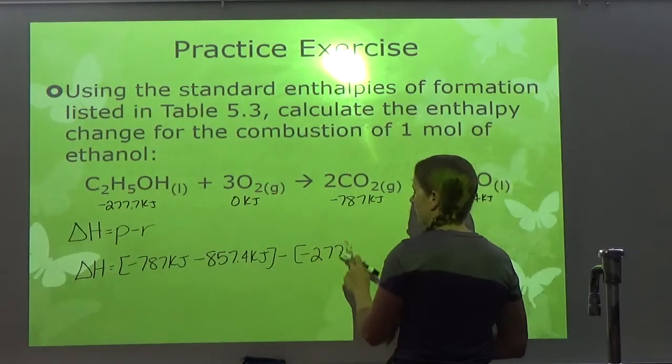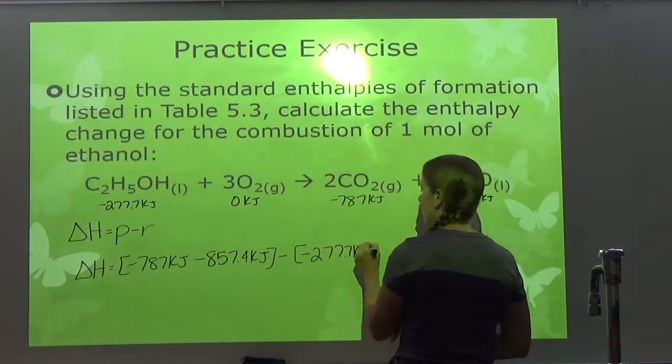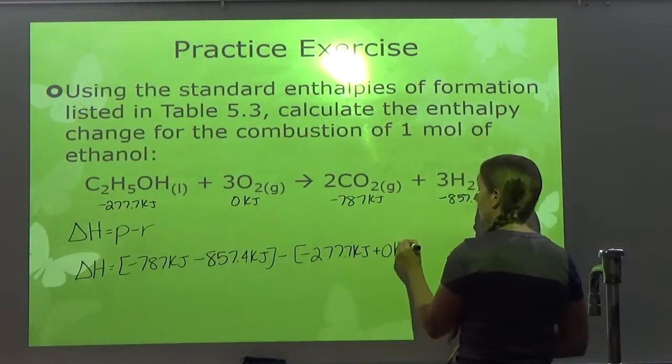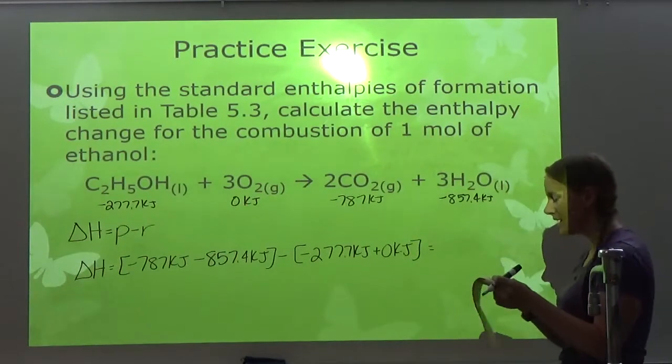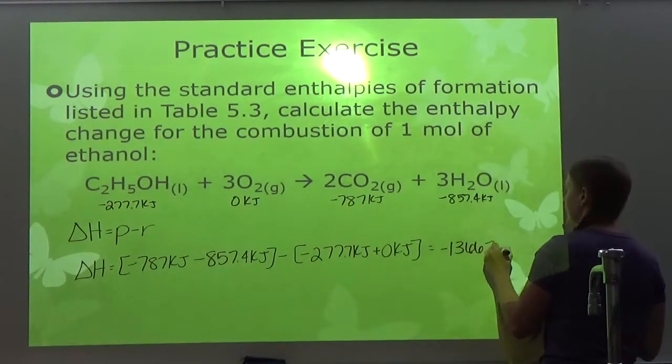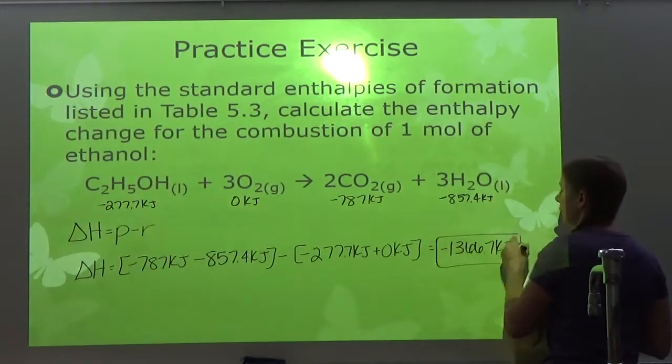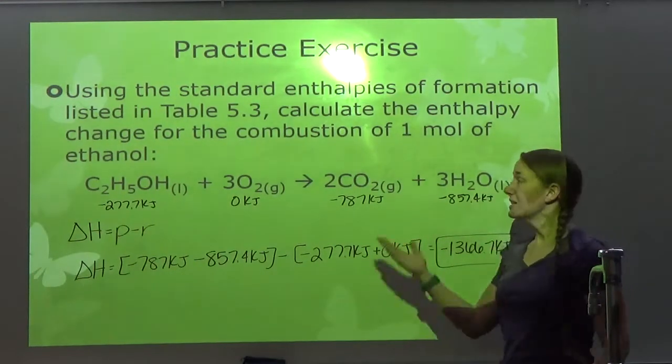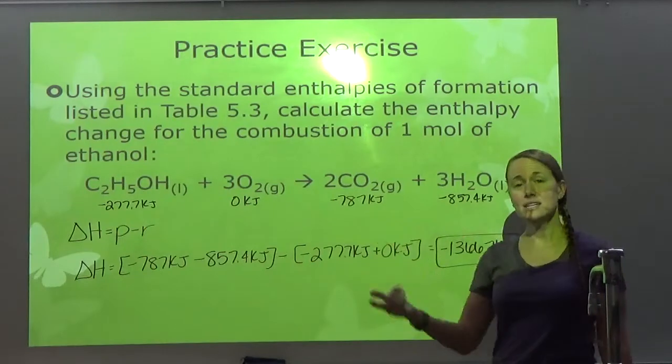Oh gosh, what happened with that 7? 7 kilojoules plus 0 kilojoules. And so then I end up with negative 1,366.7 kilojoules. Okay, so y'all, important thing is, this is obviously not very hard, but because there are so many